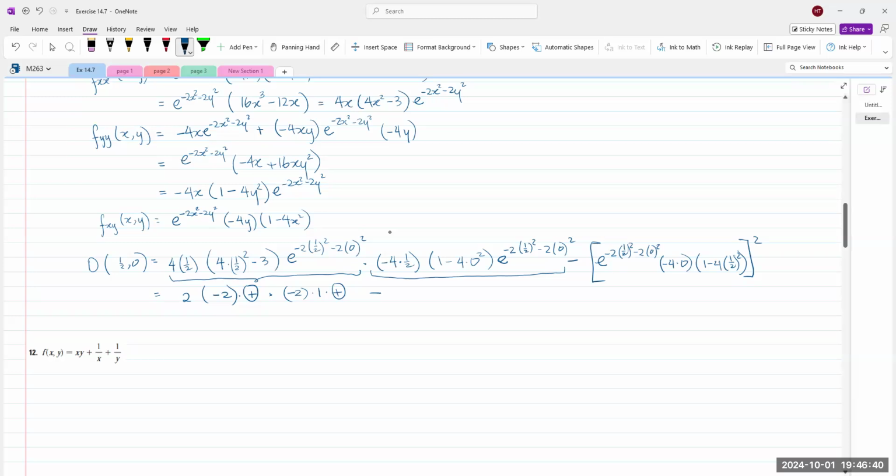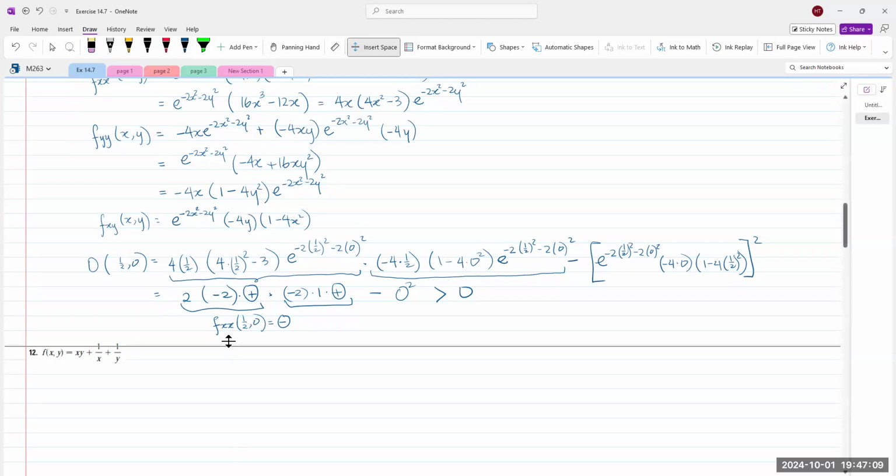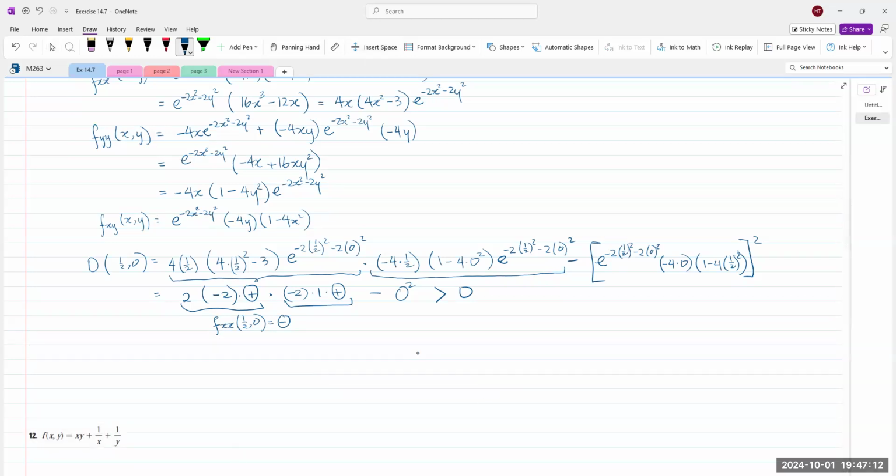Okay, minus this guy here is just 0 squared. So this is positive, right? Yeah, that's positive because this is negative times negative is positive minus 0 squared, that's positive. Anyway, but this guy here is negative. So f sub xx of 1/2 comma 0 is negative. Now from there we see that that's local max, huh? That's local max